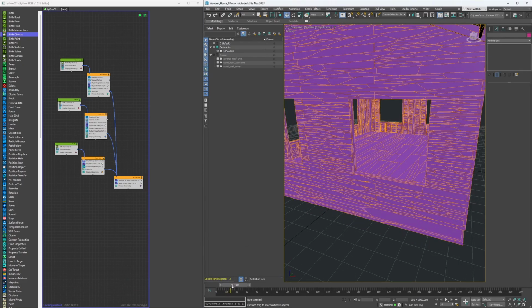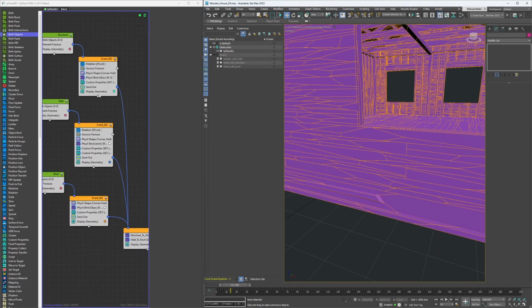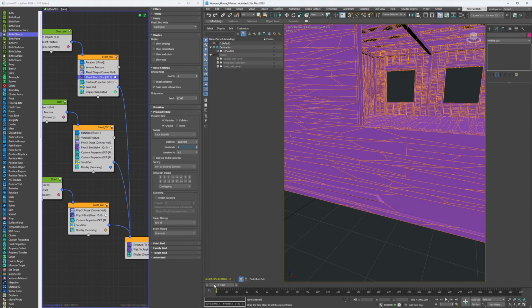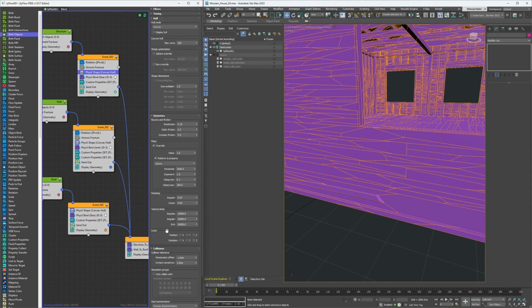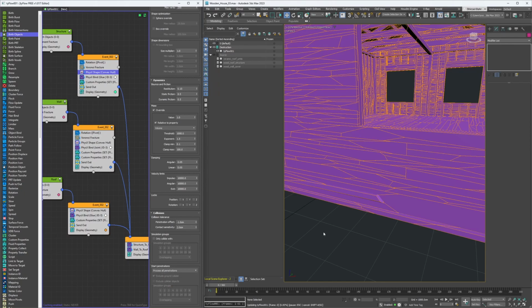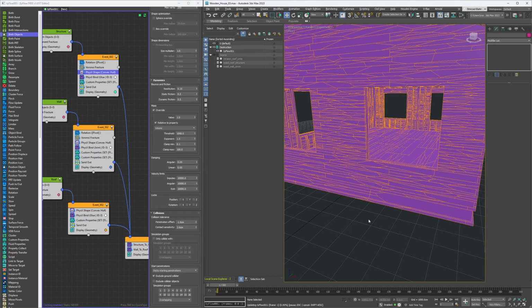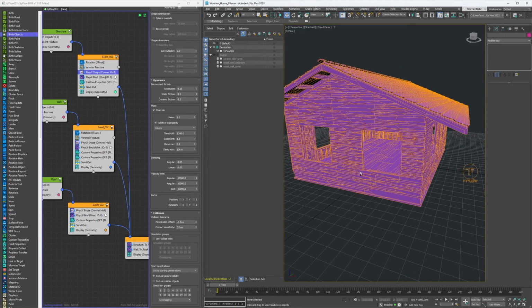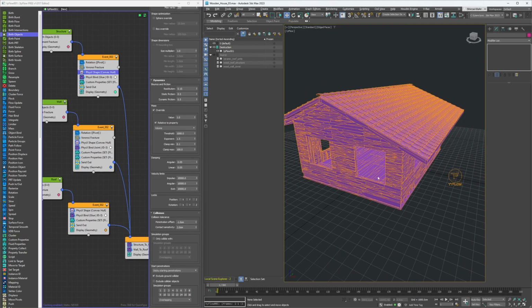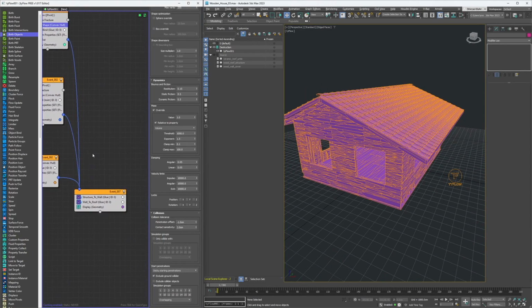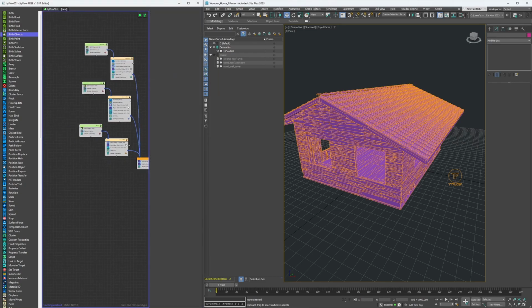Probably there's no bind here, or we can go to the structure binding and put that one as well on the, where is it, in the penetration, the shape, and put it on sticky. Probably this will solve the issue. It's better now, and the only thing left to do is to add some points to have a force of destruction. Let's disable what we have here